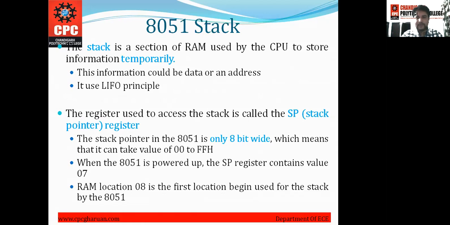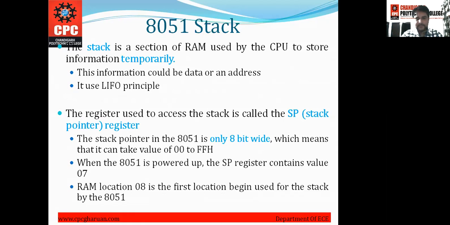Stack pointer in 8051 is only 8 bits wide, which means that it can take values from 00 to FFH.